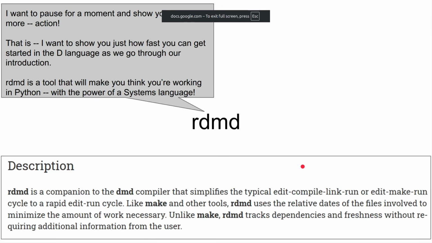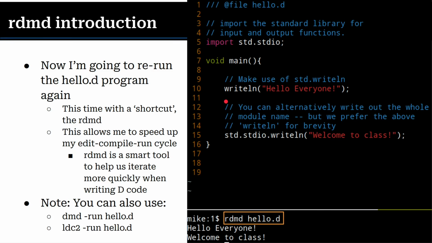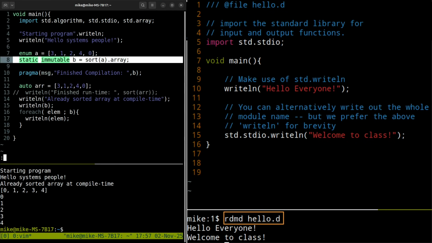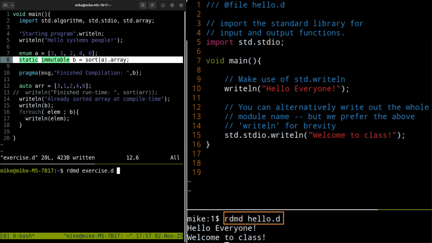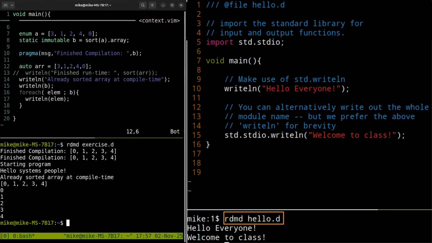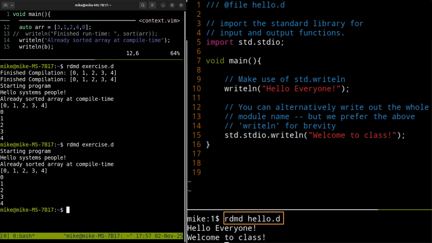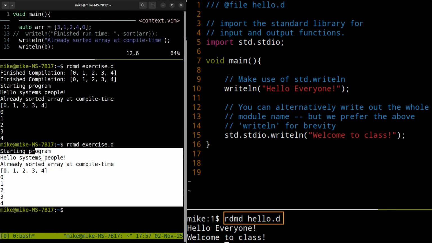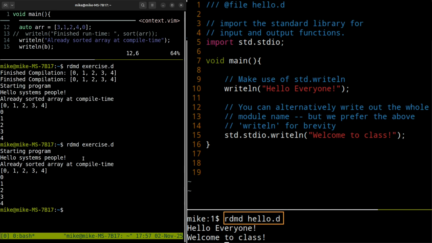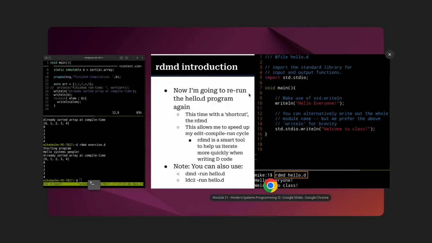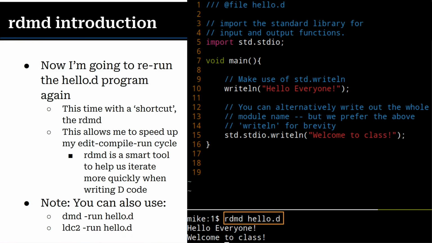Okay, so some other things in the D programming language. I'll go through some of these a little bit faster here, but there is a script interpreter. So what does that mean? Well, this example here, exercise.d, I could just skip that compilation step and basically run it like a scripting language. You'll see it'll compile and run, and it'll actually cache the executable, so that the second time I run it, if nothing changed, you won't see that compilation step. But that basically enables script-like behavior. So that's kind of cool.